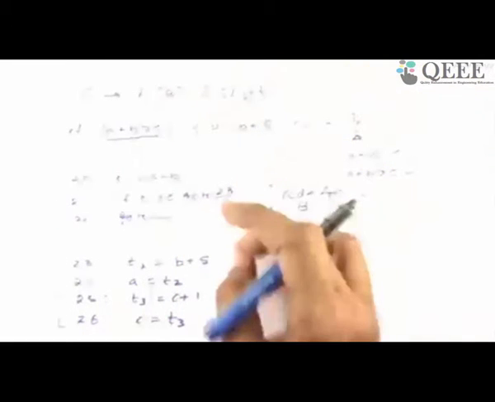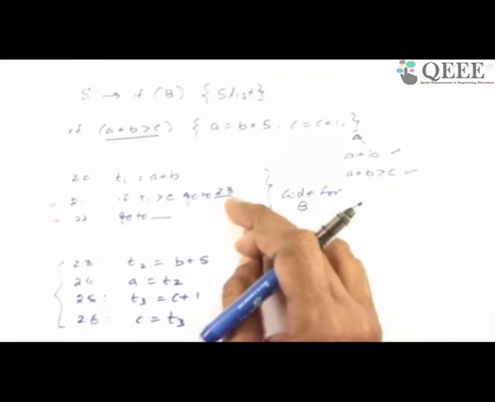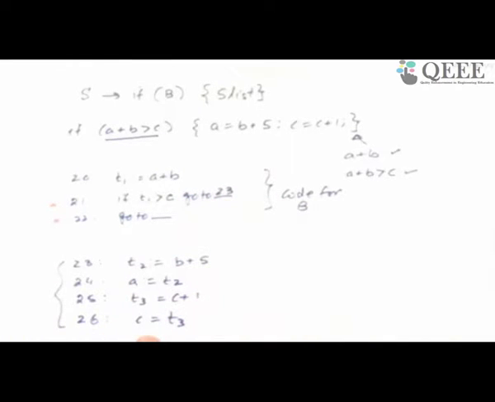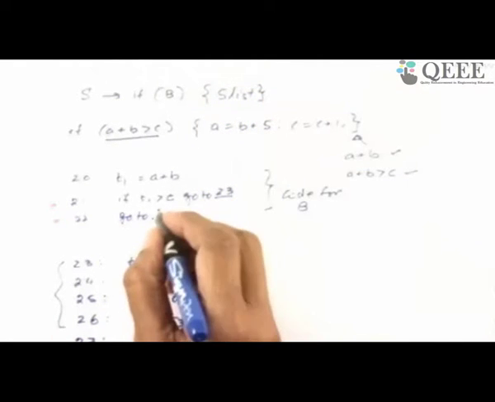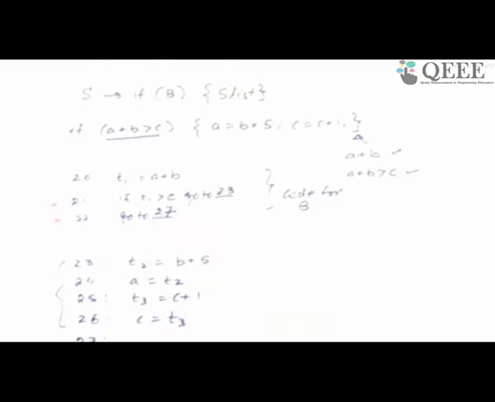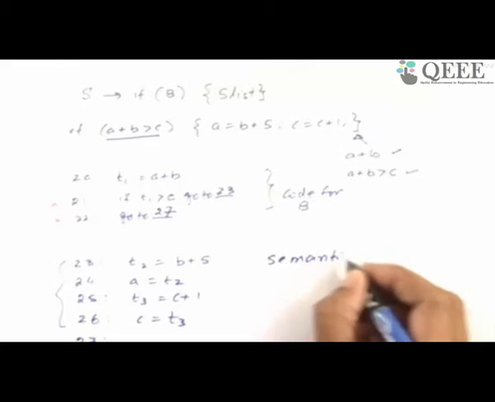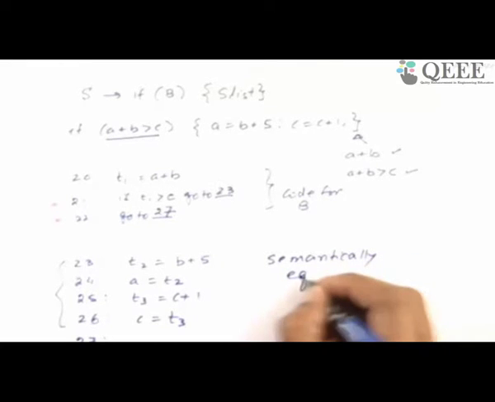Why? Because I have seen the whole statement now. I've seen the entire if then else. Now I'm processing it for if then else. So by doing this, I know that the then part connects to the complete S list and there is no issue. What happens to this go to? Now since I have generated code up to 26, I know that 27 is the next address of whatever comes over there. I don't know what it is. I have not seen beyond this statement, but I will patch it up or say this is 27, and this becomes a semantically equivalent code, and we are complete. And we are done.